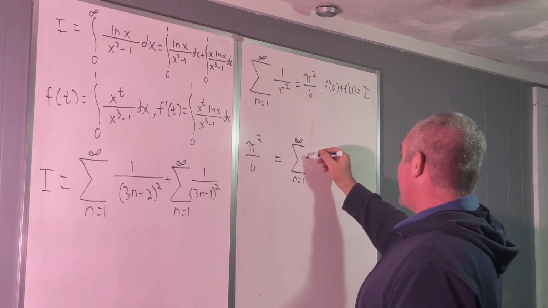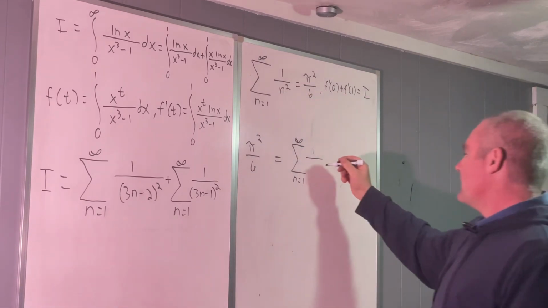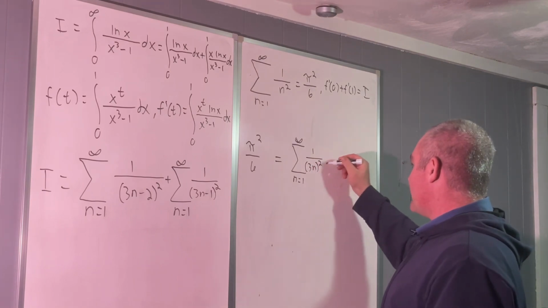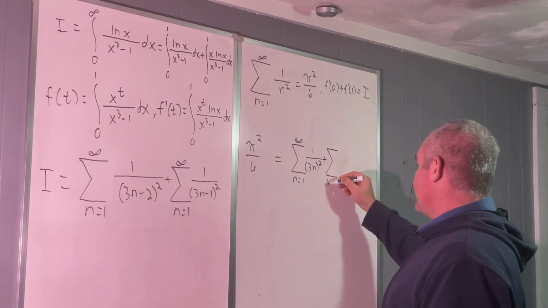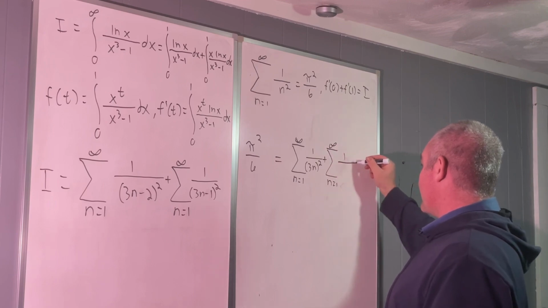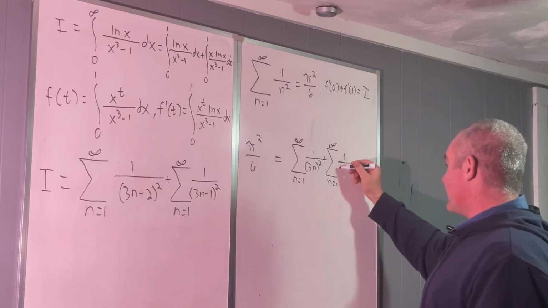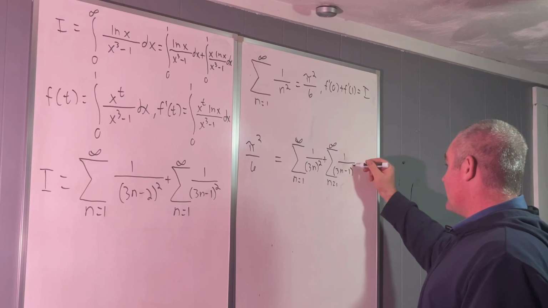And then we'll have 1 over 3n all squared plus the sum as n equals 1 to infinity of 1 over 3n minus 1 all squared,